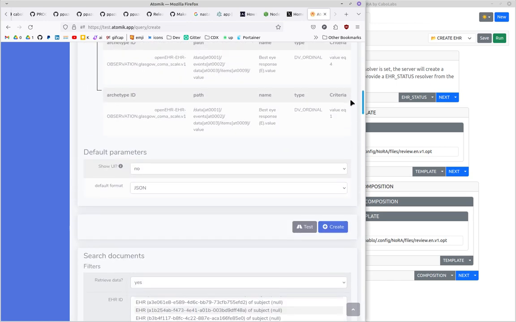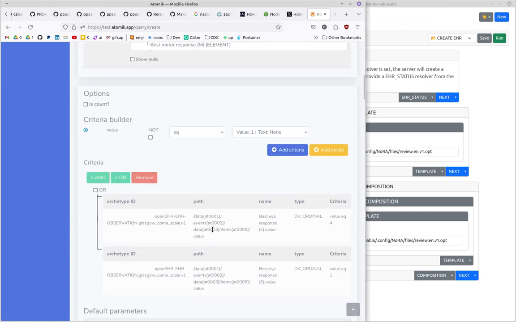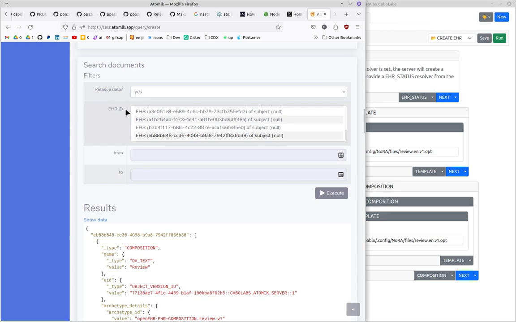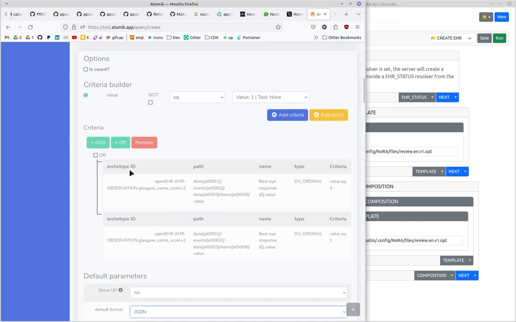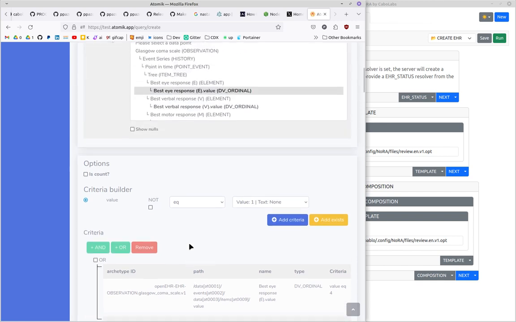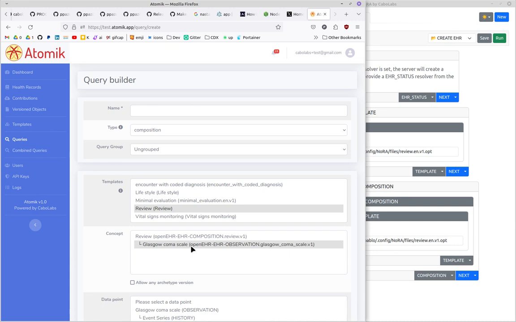We can do more complex queries. If we save this query, we can then use the REST API to execute this query and to get information. And you can, for instance, pass different EHR IDs in the parameters for the REST API for executing the query. So you can just execute the same query for different EHRs. You can choose also to retrieve or not the data. You can filter by dates, so it has different functionalities. You can also use JSON or XML as an output. We tend to use JSON by default. And you can also, as I said, define more complex query conditions, criteria. So that is a full demo of how you can use Atomik to store and retrieve clinical information,